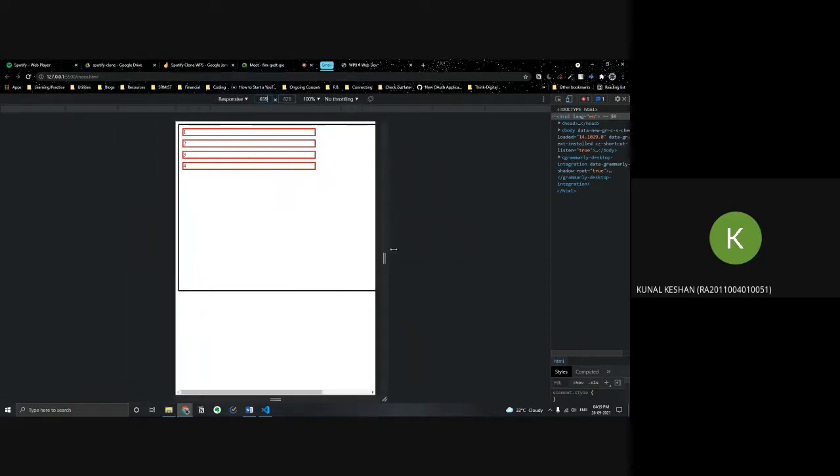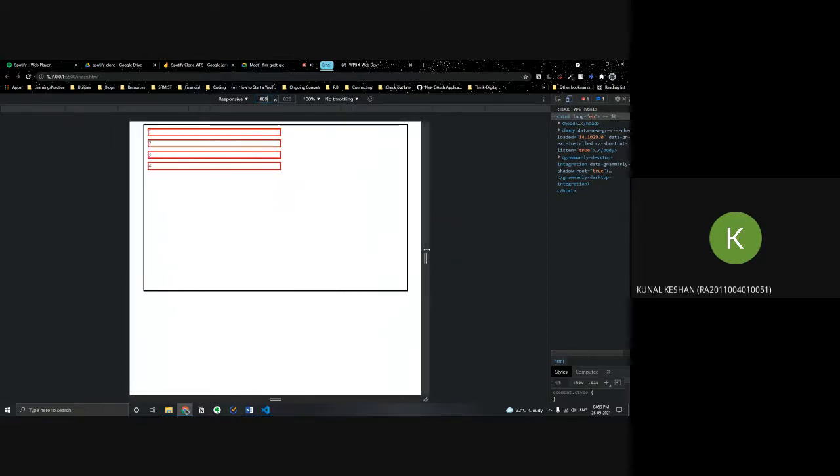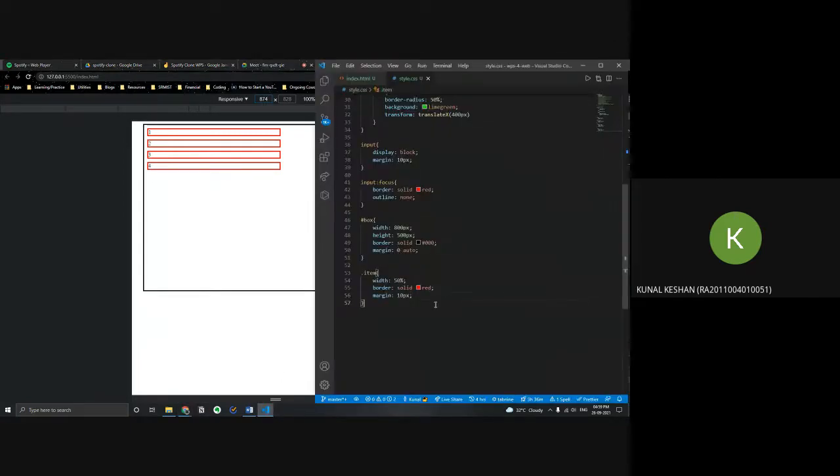See that? This is really bad when it comes to mobile responsive design, because you want to have a unique design of your website for phone and a separate one for desktop. That's where responsive design comes into play, and it can easily be done with media queries. You add @media, and in the @media you specify